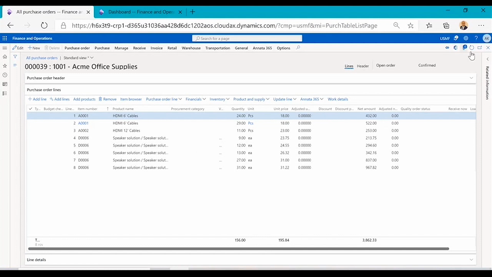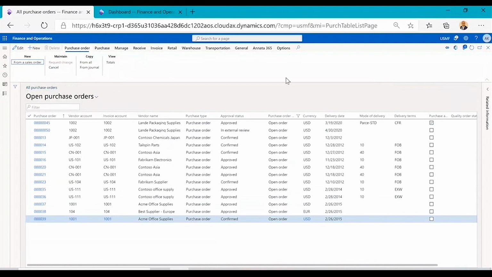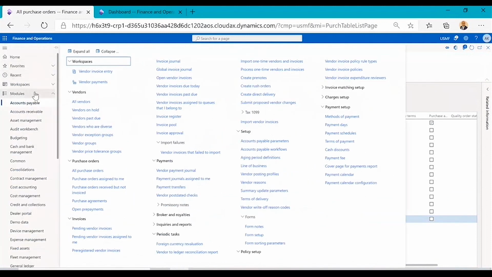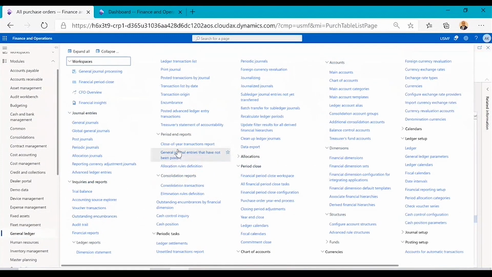Let me move ahead. So I'll quickly show you another major change on financial reports. It's not a big change, but it's a very good to use change. If I open financial reports in front of you, you will find